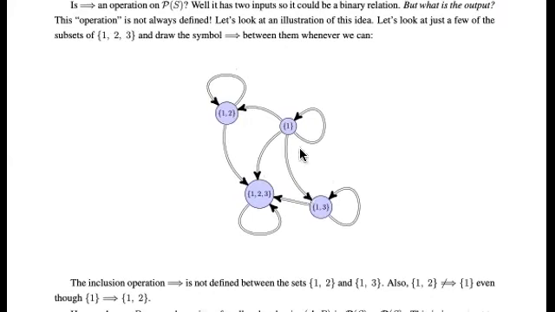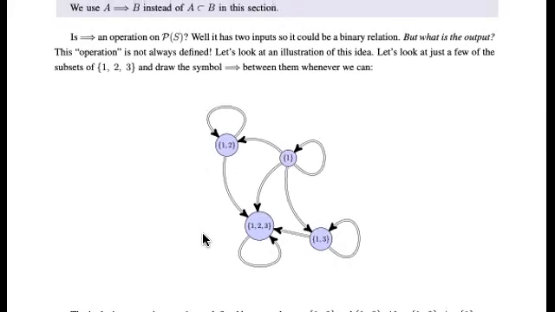Yep. But we have some of them, and we have all the arrow relationships, where these arrows mean "is a subset of," drawn between the subsets that we're considering. Notice that something is a subset of itself, for instance. But also realize that this arrow can only be drawn between certain things, but not between everything. Like {1, 2, 3} is not a subset of {1}. So the question is asked,